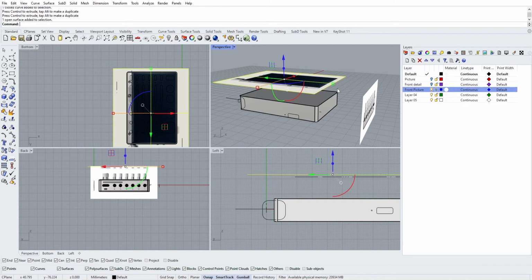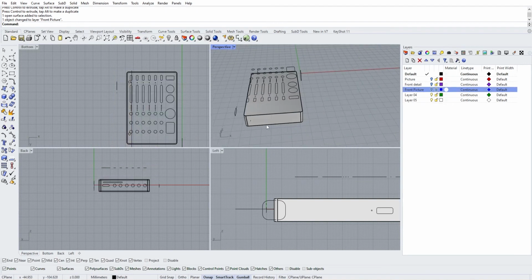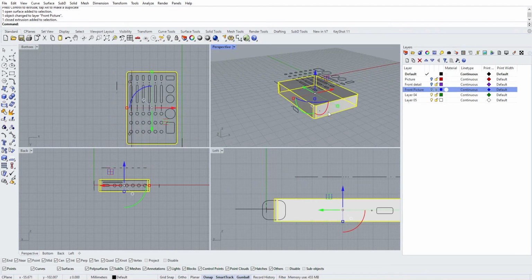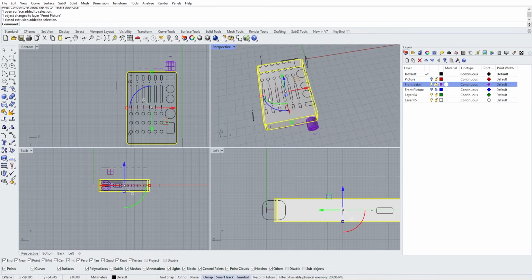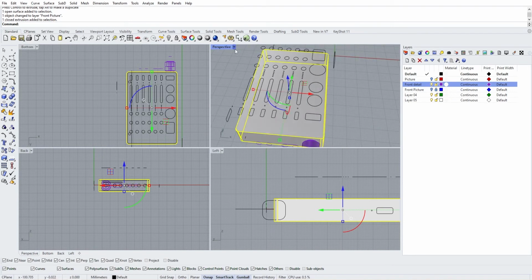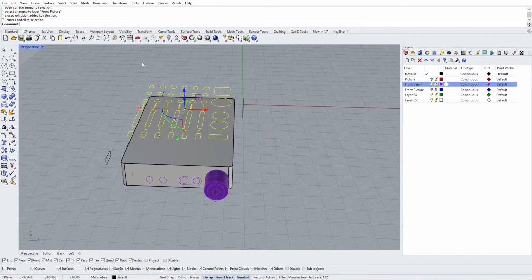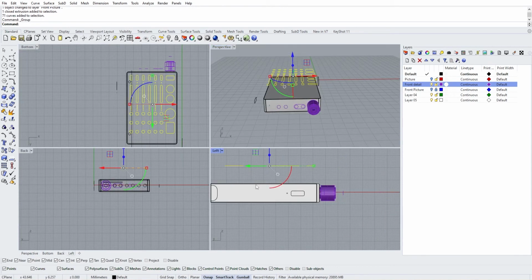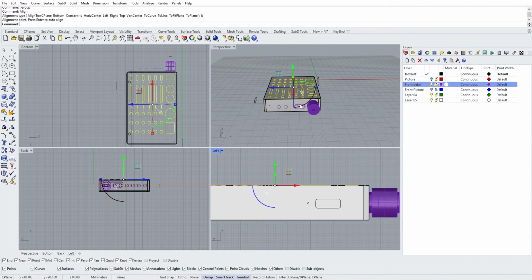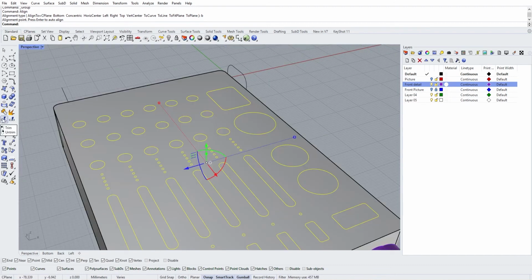So what we're going to do is to hide our reference pictures, and then we're just going to trim this main poly surface with all the curves that we created. So we can start by the top, let's say. Yeah, let's start with the top. So select all your curves and then group them, and then we're going to align it here. So align bottom, and then from this view we are going to trim, so use the trim option,